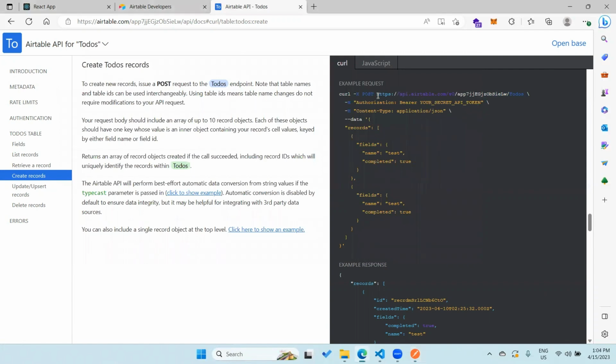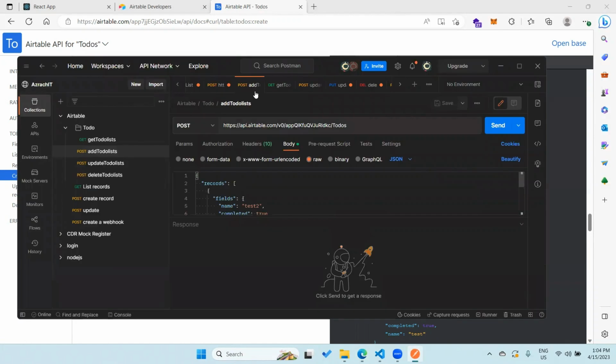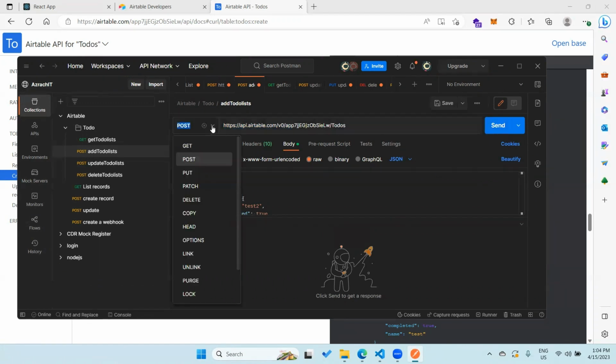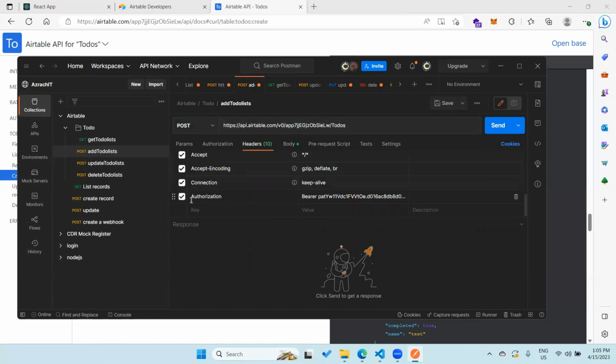Just copy this endpoint, and to test, you can just put this over here. And then just make this a post, and put the authorization, authorization bearer and